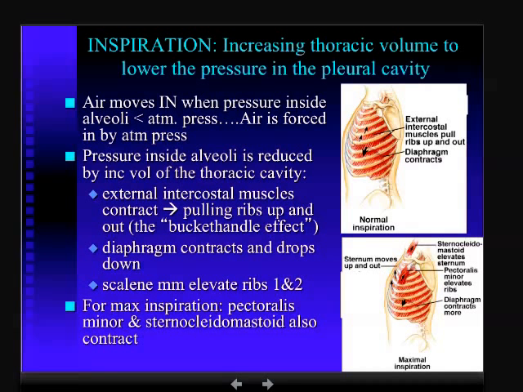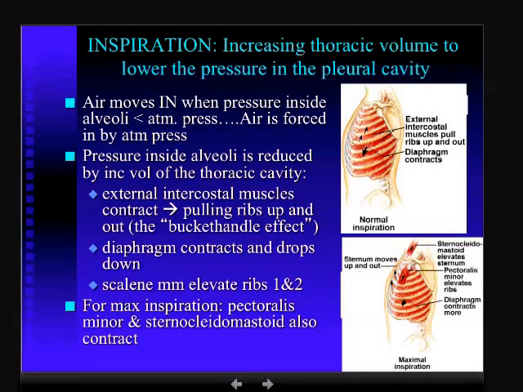And if you really want to get this thing going, get the sternocleidomastoid in there, pulling up on the clavicle. Get your pec minor in there, pulling up on the upper ribs. And you really get that full inflation, and your whole chest is expanding. And in doing so, by the contraction of these muscles, we increase the volume